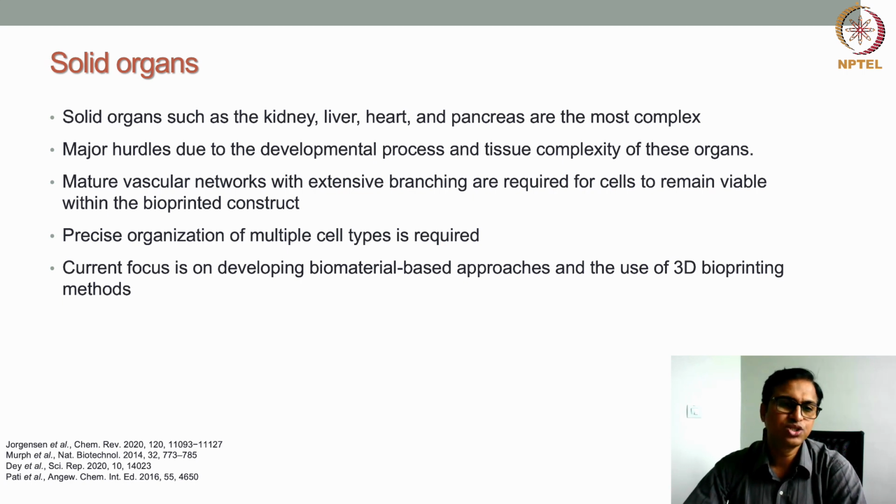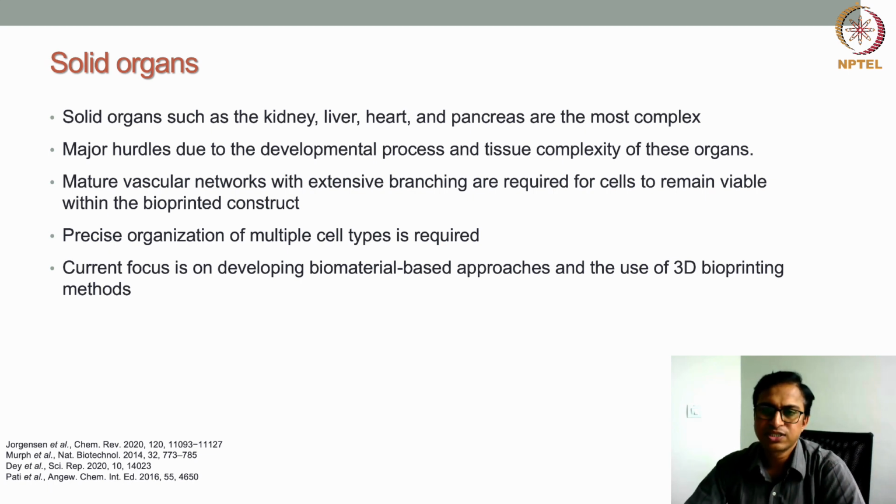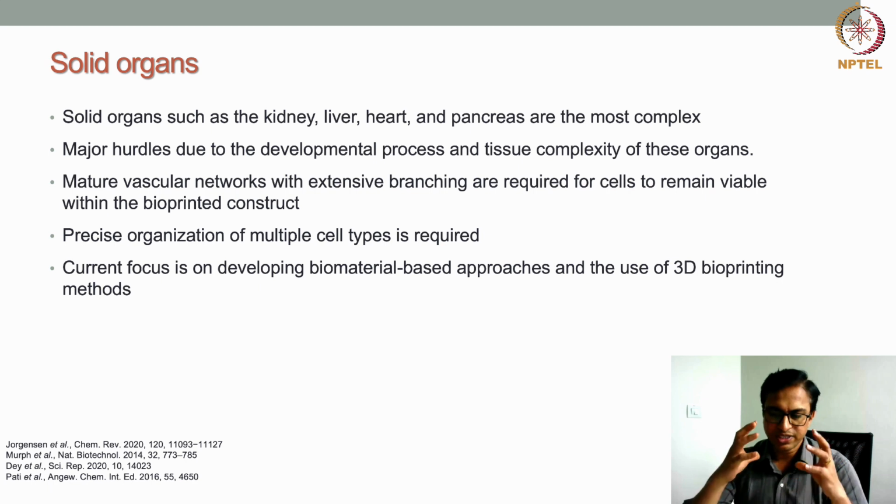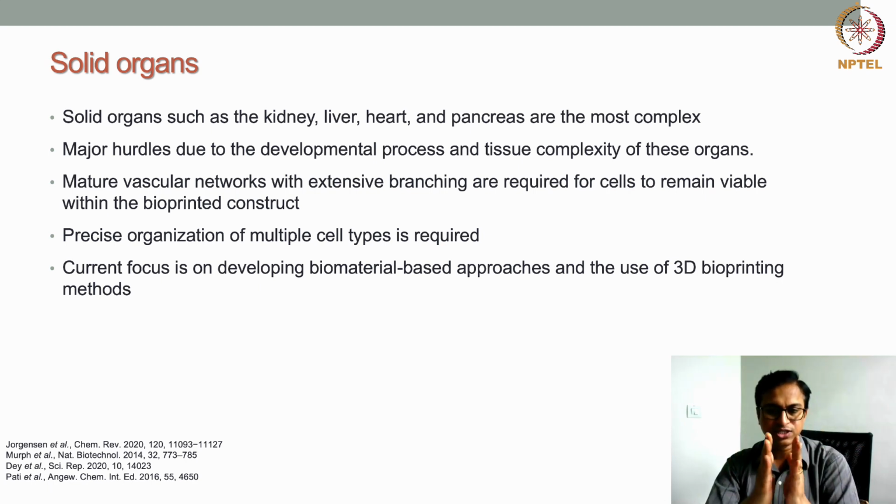So we need a mature blood vascular network with extensive branching. If we bioprint a flat, thinner structure, it is fine; we need not provide a vascular network. But a thick structure cannot survive without the presence of a vascular network, so we need to provide one, because